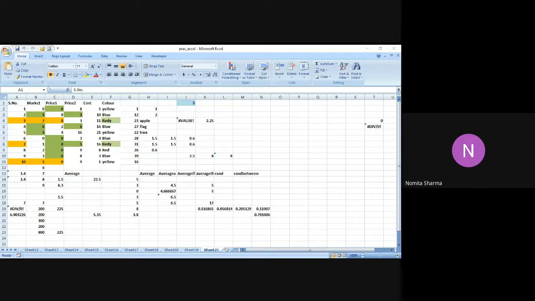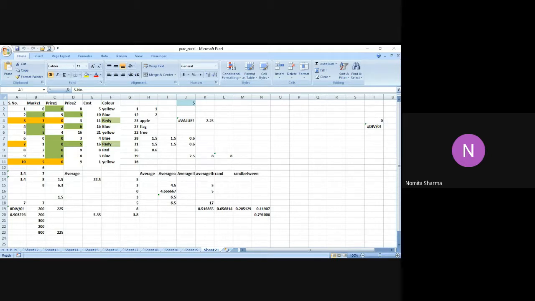Let me give you a very brief idea about what these functions do. Round function, from the name only, as I often say, MS Excel functions are very user-friendly and can be easily understood just from the name. So the round function is going to round a number to a specified number of digits.